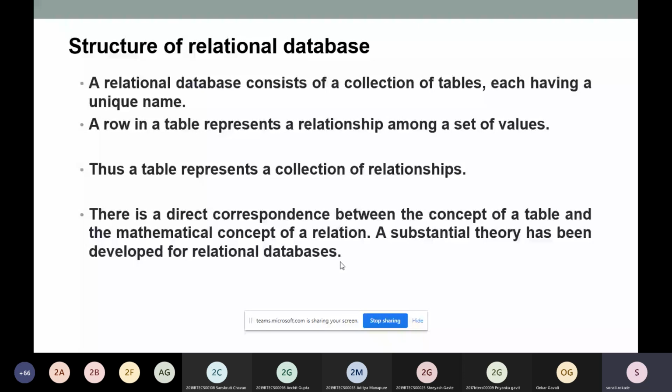As we have seen in cardinality, we map a number of rows, so that row creates a relationship between a set of values. The table represents a collection of relationships. There is a direct correspondence between the concept of a table and the mathematical concept of a relation.